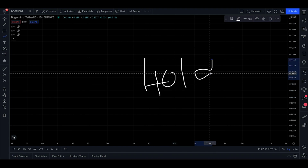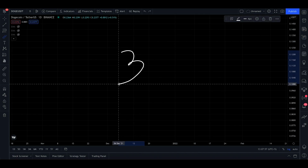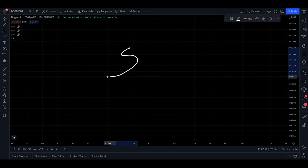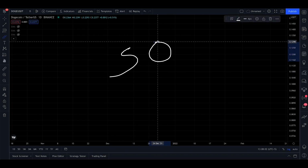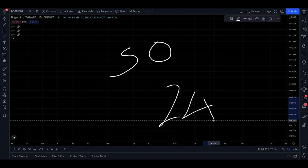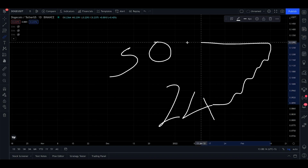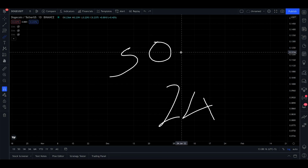Okay, they're holding their coins. For these people, I normally say it doesn't matter if you have entered even at 50 cents. Let's say you entered at 50 cents, and right now we're sitting at 24 cents. This one should shake you out, and this is the reason why I say don't sell at a loss. Keep holding. Sooner or later, in a week, in a month, they are going to go back to the 50 cents,